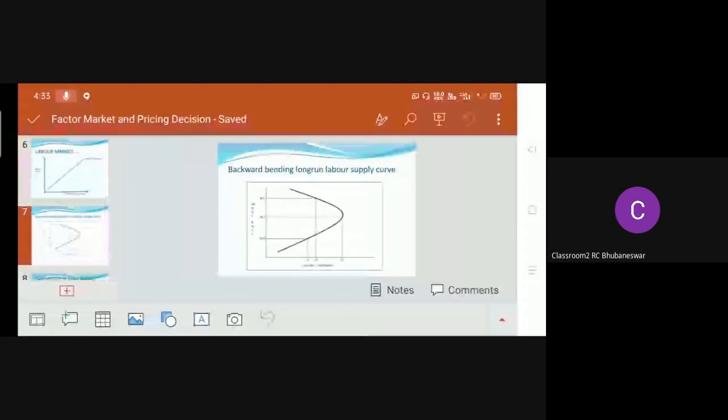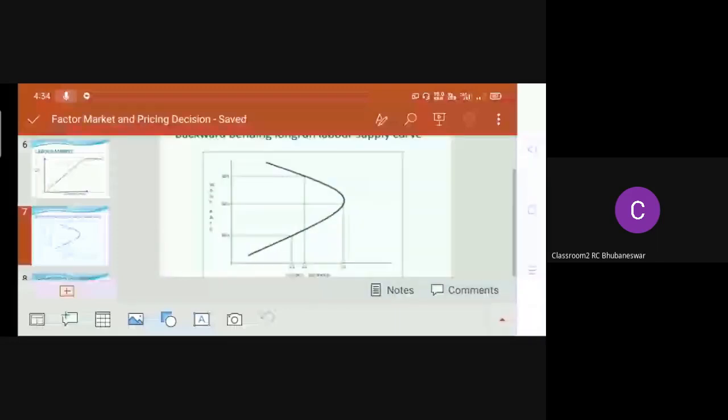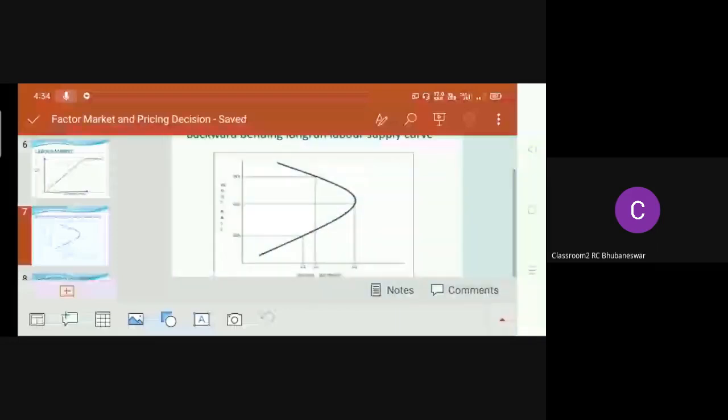Okay, the supply curve of labor that was the short run, but here in the long run the supply curve is backward bending. Backward bending means when wage rate increases. Look at this figure. When wage rate increases the supply of labor increases in some amount, but after more wage increases, the worker does not want to work, because